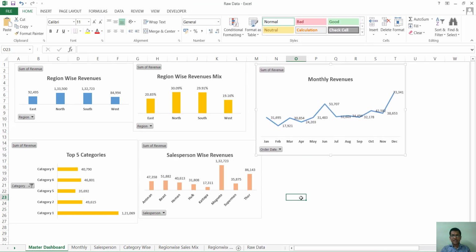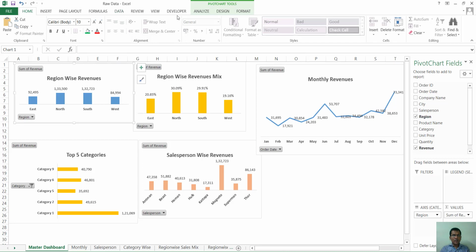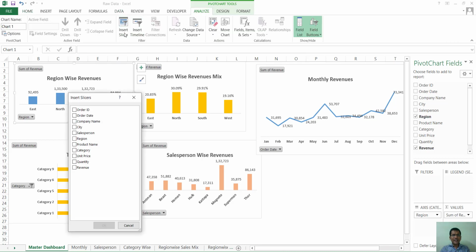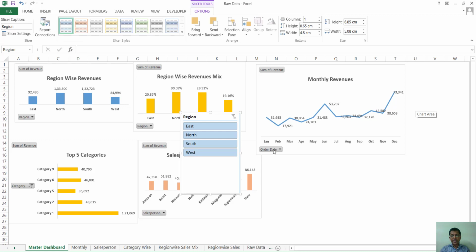So I have all of these things now. Now this is one way I can create this. Now I want to create something more dynamic as part of this. What do I do here? So I have, let's say, my region wise revenues. I click on analyze and I click on something called insert slicer, which we had seen. So all the parameters which are there in the pivot charts, what we want is the region wise here, right? The slicer, and I click on OK.